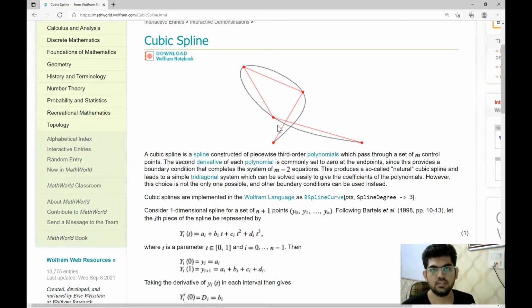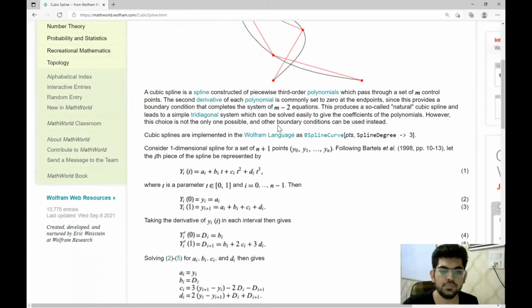That way, all the graph that is formed, or we can say the final curve that is formed, is continuous and kind of smooth for the position and velocity, so that the robot maintains the velocity and doesn't have a quick change in a lot of parameters. So that's how cubic spline helps us.